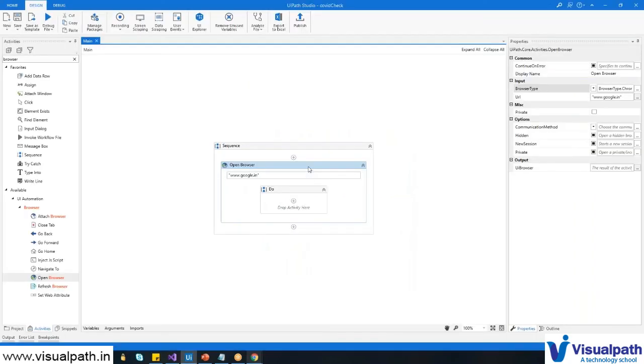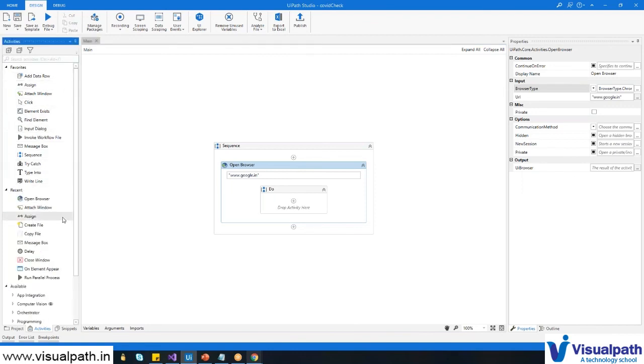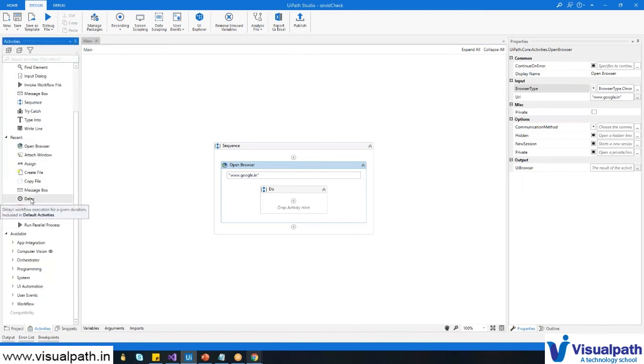But in this process, do you need anything? For instance, in Selenium, you need some kind of technical job to open a browser and all that stuff. But here, nothing. Every step we call an activity, and every activity has a basic terminology. Let's say delay. As you know, delay means you wanted to wait for some seconds. Copy file means you copy a file from one place to another. This is how all the activities are properly named. By looking at the name itself, you'll get to know what those activities are and why they are used.